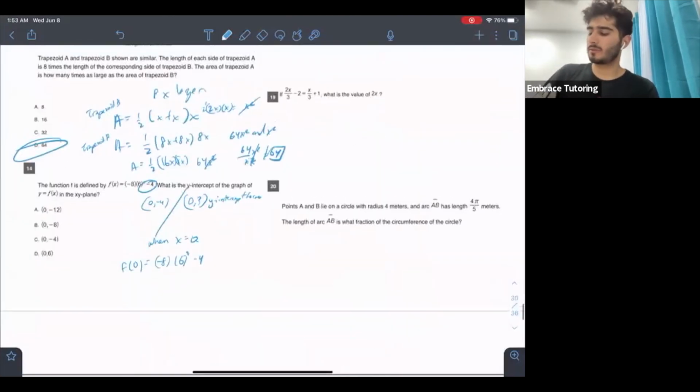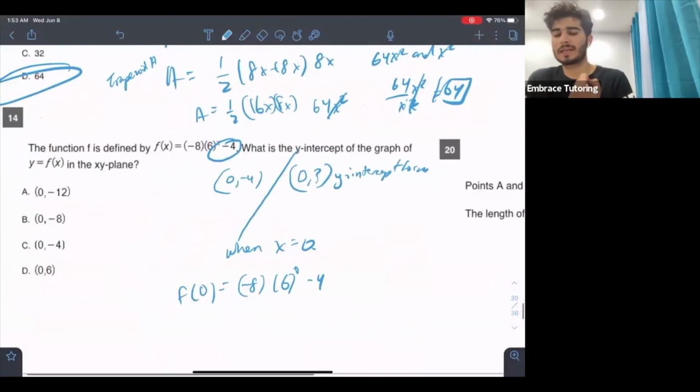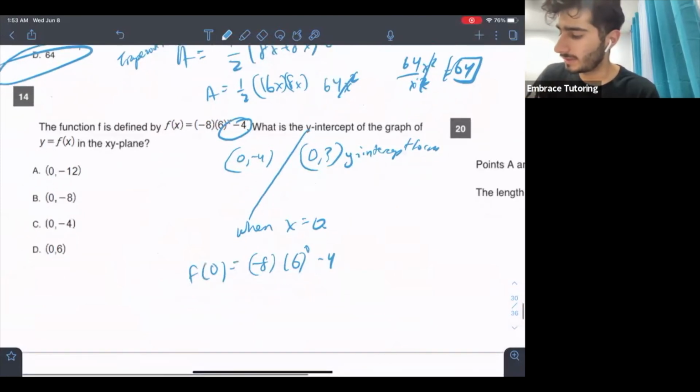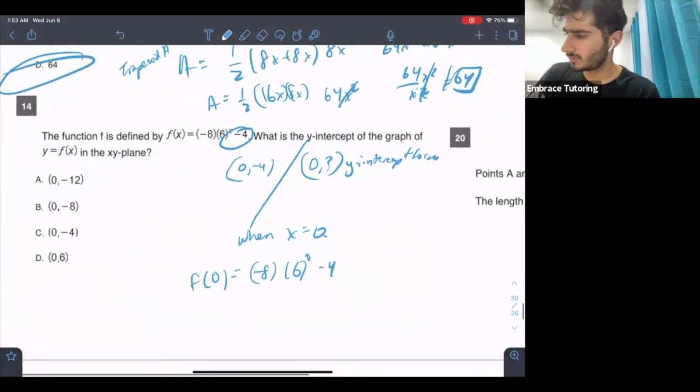Where are we? Yeah, so like I was saying, you would plug in 0 and you get -8 times the 6 raised to the 0, which is 1, so it'd be -8 times 1, -8 minus 4 gives you -12. And so that would mean that f of